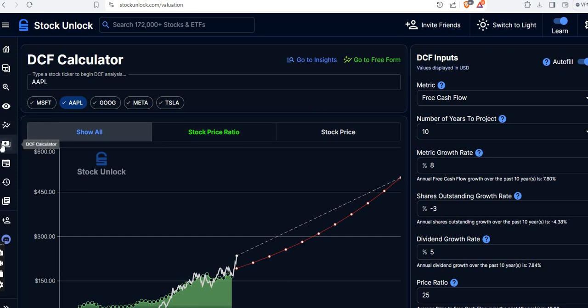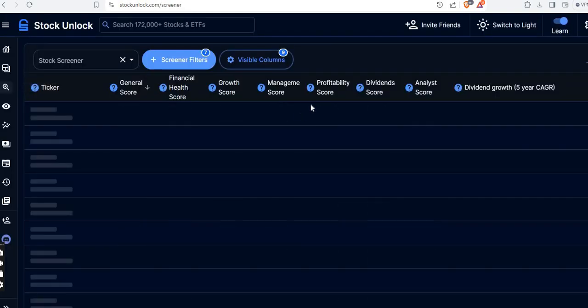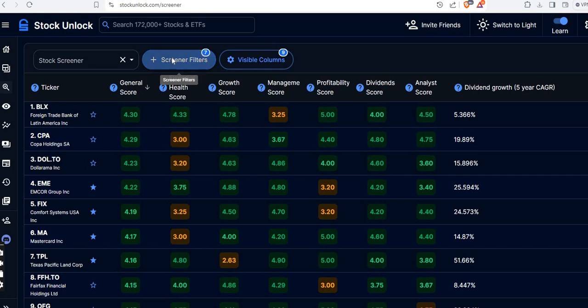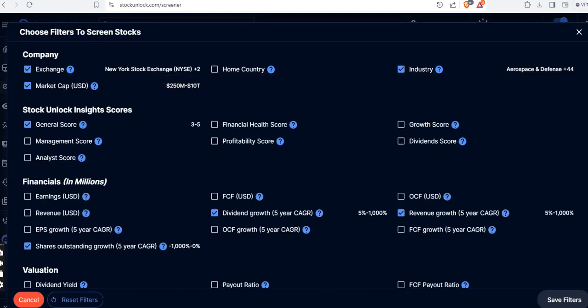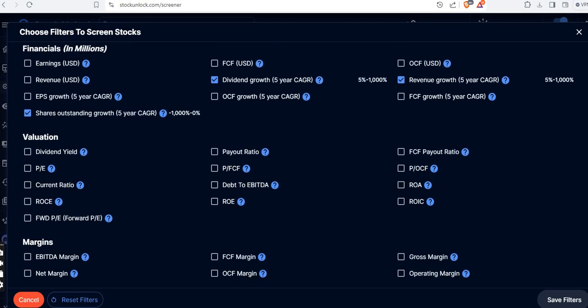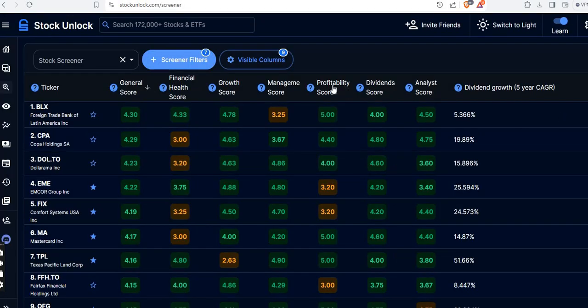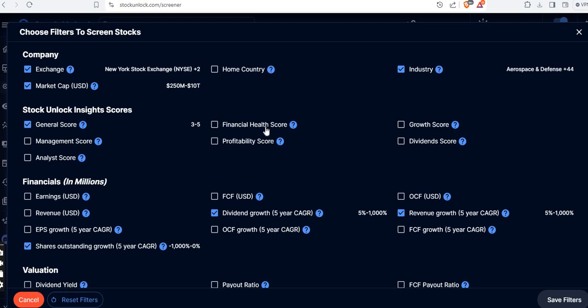The last thing I'll bring up here is, actually there's two other things. There's a screener, which again, there's a million different metrics you can use here. That's personal preference. You can do it based on valuation, based on margin, based on revenue or other earnings metrics. And then you can also do it based on insight scores, which is a little bit different, but is also good to have. You can do it based on home country, market cap, exchanges, and then you can separate it